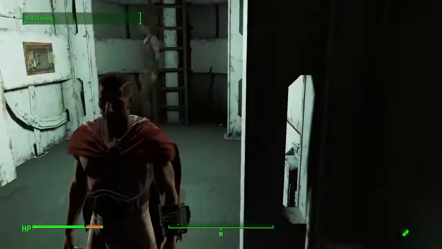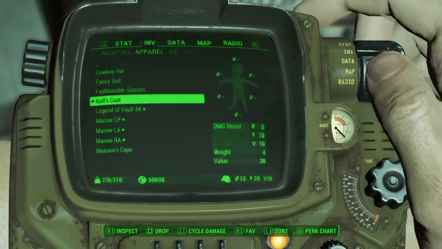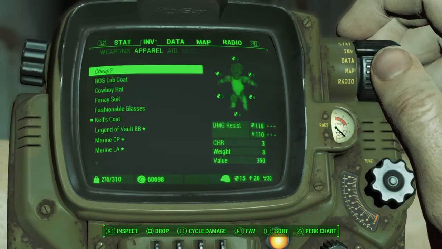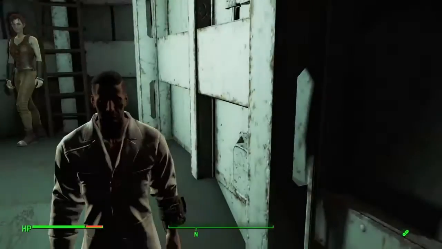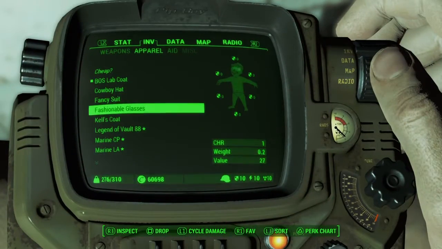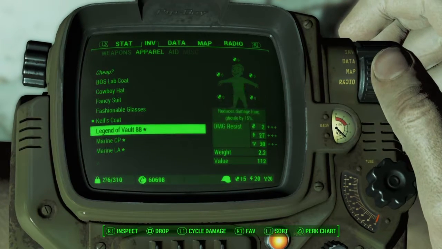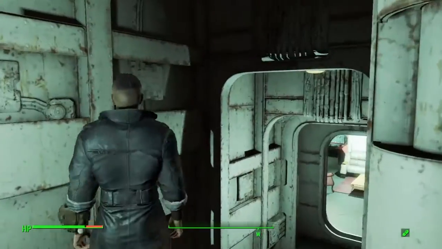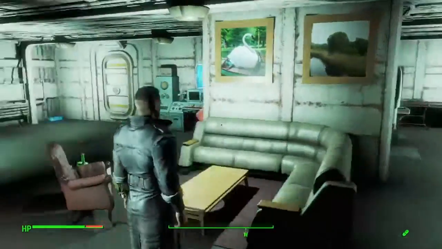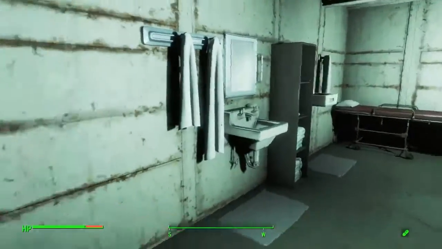Come on, once you load. So that's Maxson's cape. Here's Kel's coat. And the Brotherhood of Steel lab coat. So what I'm actually going to equip is Kel's lab coat. Where is it? Okay, so